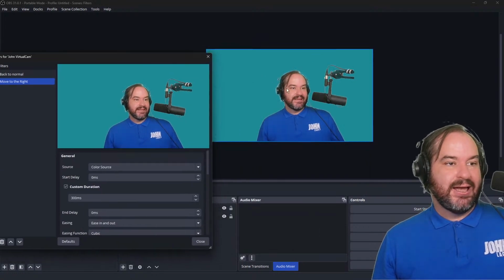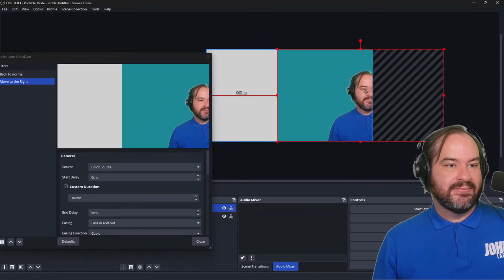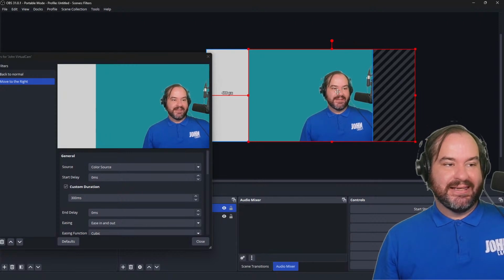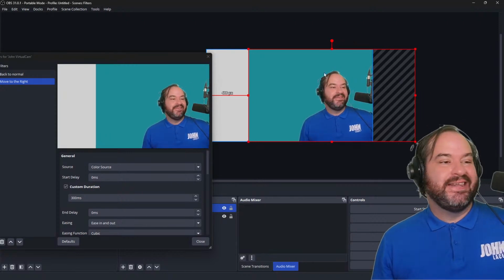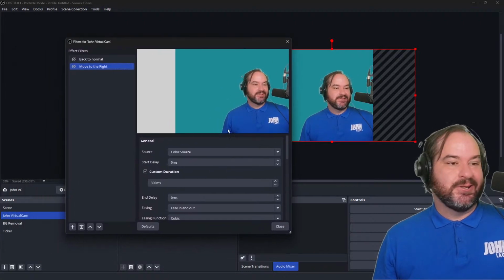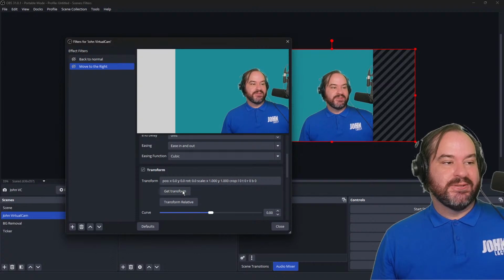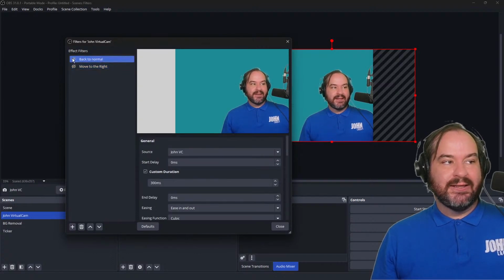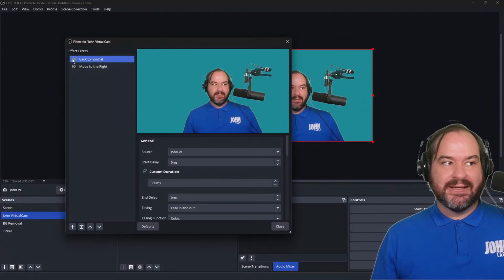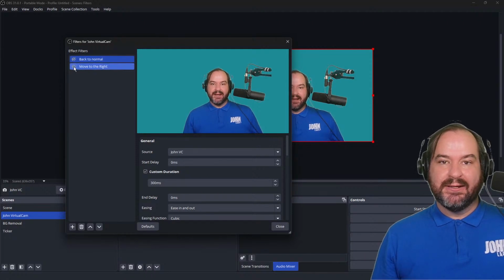And in this case, I'm actually just going to grab this. I'll move it ever so slightly to the right. Again, for this use case, it doesn't make a lot of sense, but just to show you conceptually how this works. And then I can just click on this Get Transform option. So now, if I click on the filter to trigger it, I go back to the beginning. If I go move to the right,